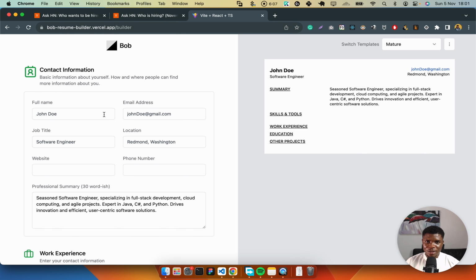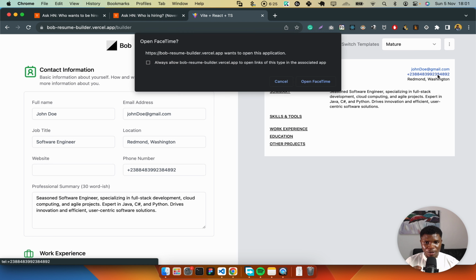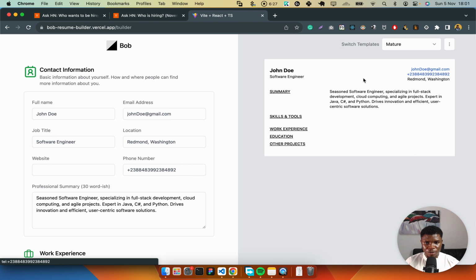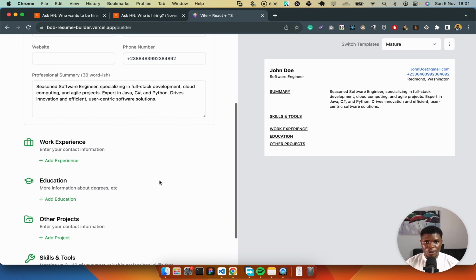First, you have the contact information section. Here, I'm just having basic fields like the full name, email address, job title, the location, the website, and phone number. So let's add a random phone number here. You see it's going to be shown here, and these links are clickable. Like you can actually click on this link to call or something. And the next section is the work experience section, because this is like the second most important